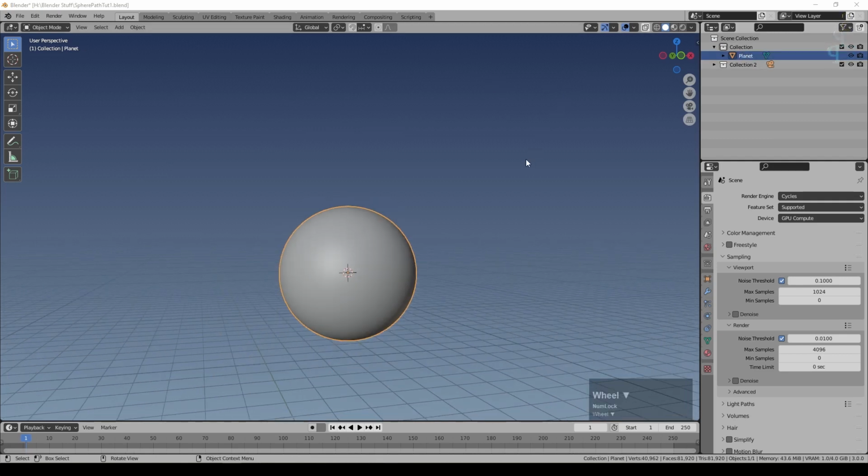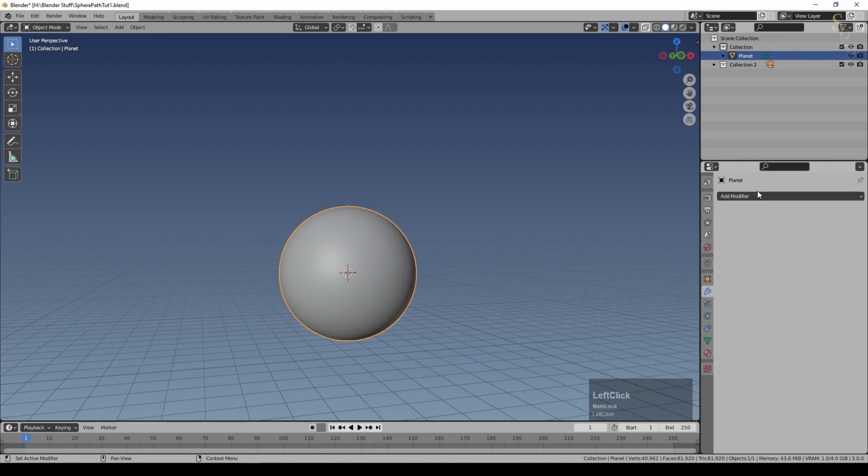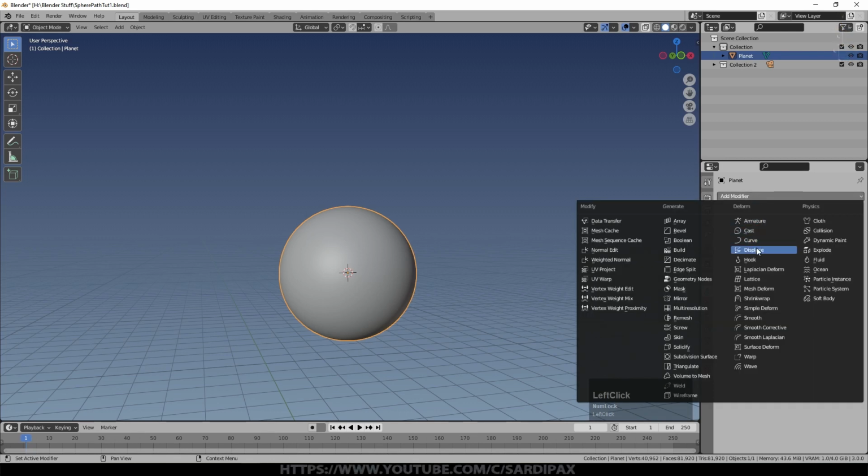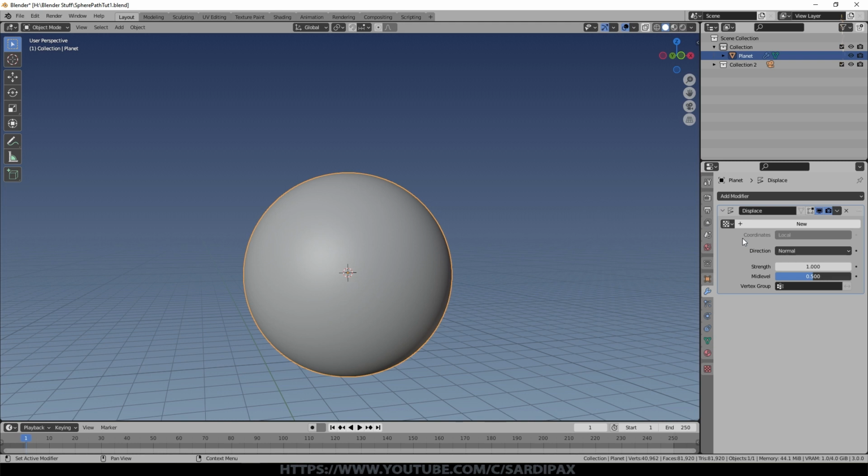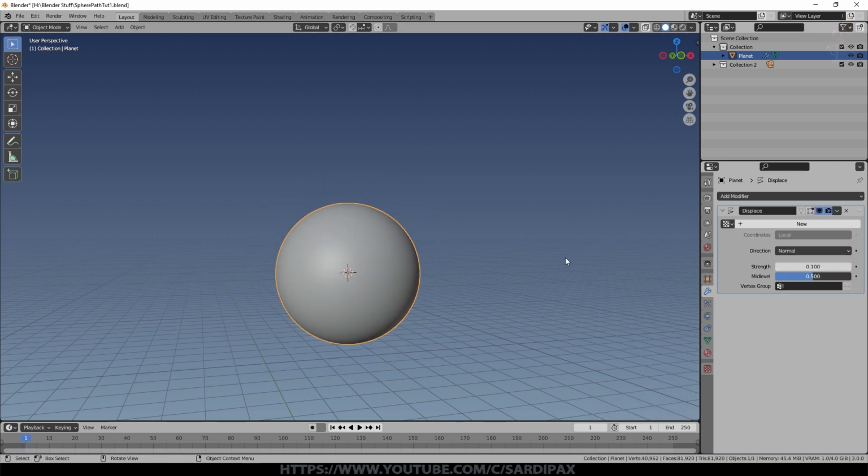And the next thing I'm going to do is go to modifiers, and I'm going to add a displace modifier. So no obvious difference yet, but I'm going to set the strength to 0.1. You'll just see the sphere just shrank again. But then I'm going to click up here and say new, and we'll call this ground txt1. I'm going to leave the coordinates on local and the direction normal. So the normal means that when this displaces, it will be displacing in and out of the sphere, not particularly up or down. And local, it's just using the coordinates of the sphere rather than the universe, as it were.